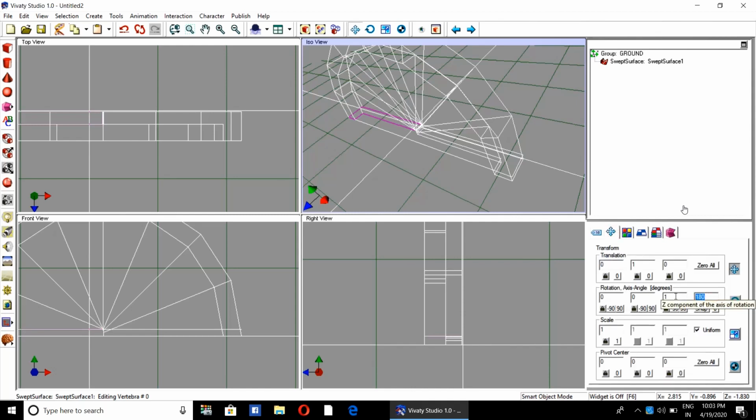180 plus 22.5, it becomes 202.5. Again repeat the same procedure.